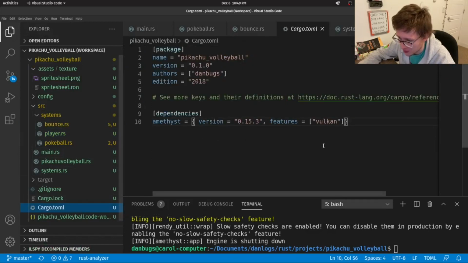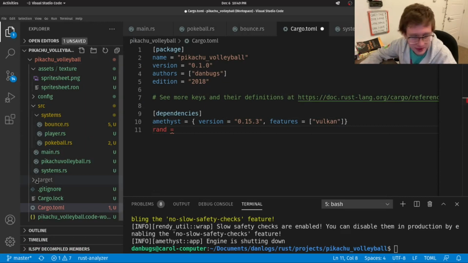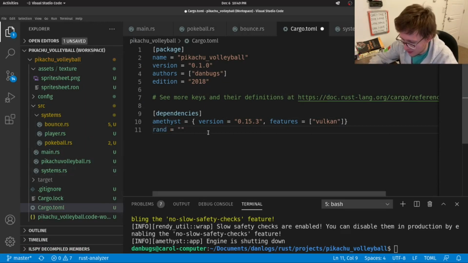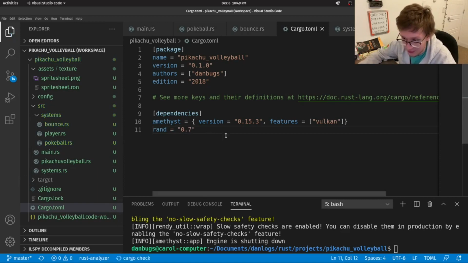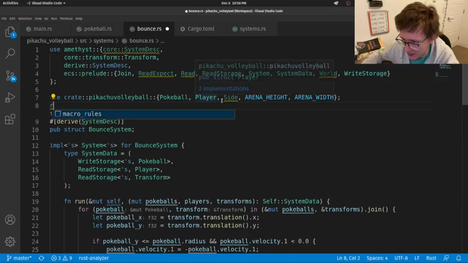Let's go to our Cargo.toml, and in here we'll add a dependency to the rand crate. Now, if I remember correctly, the rand crate is at version 0.7 now. And let's go to bounce again.